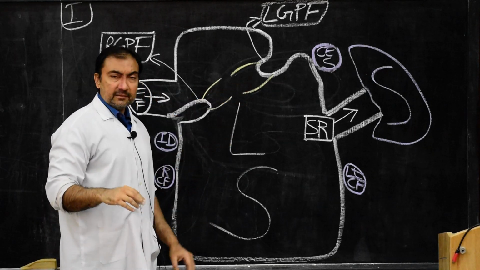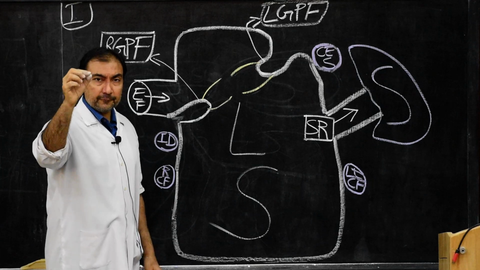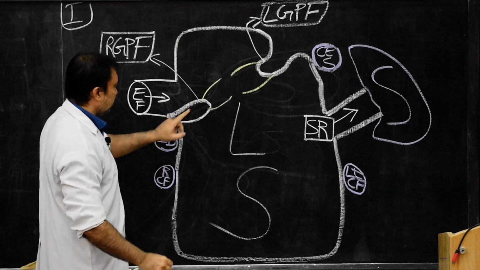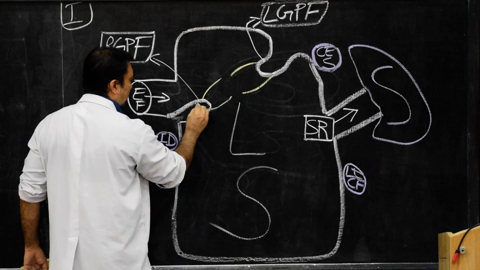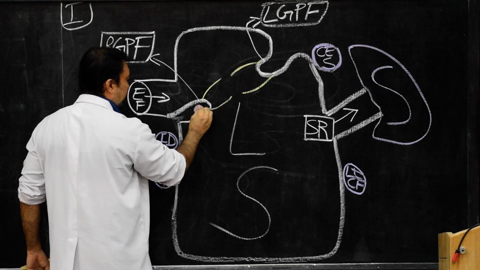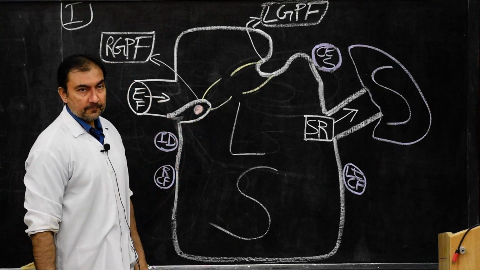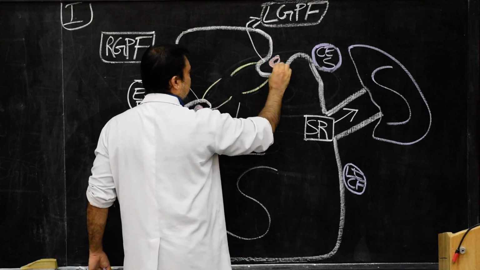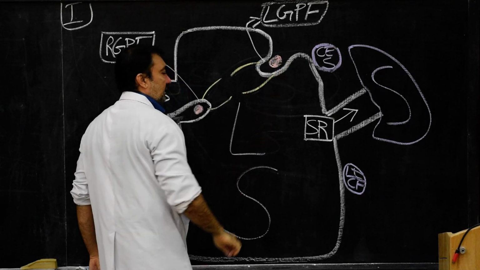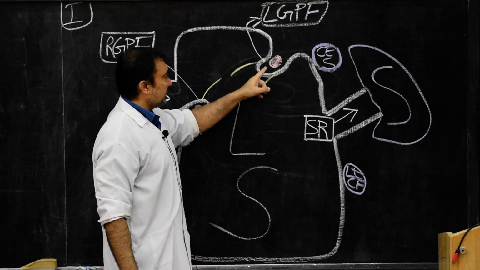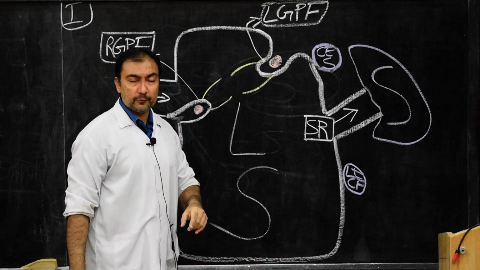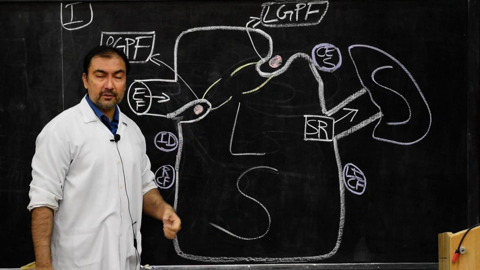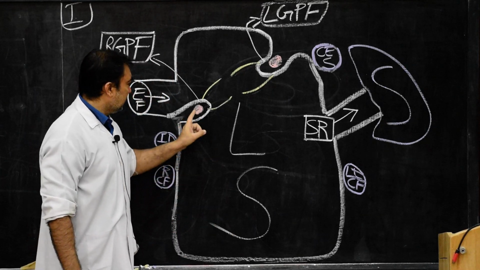Now both the folds are raised because of underlying arteries. On the right hand side, the inferior gastropancreatic fold, or right gastropancreatic fold, will have the hepatic artery below it. And just beneath the other fold there will be another artery, the left gastric artery. So superior gastropancreatic fold or left gastropancreatic fold will be raised by left gastric artery, and the inferior gastropancreatic fold or right gastropancreatic fold will be raised by the hepatic artery.